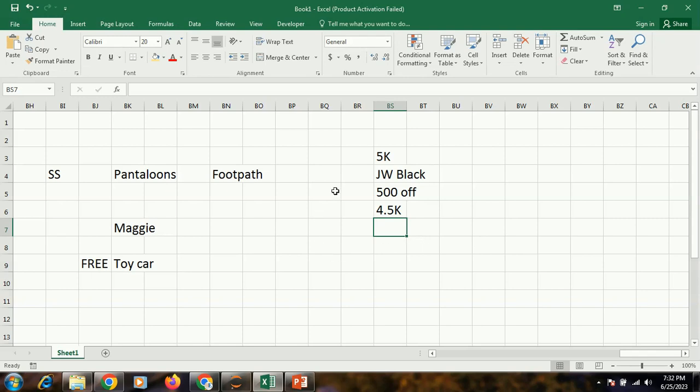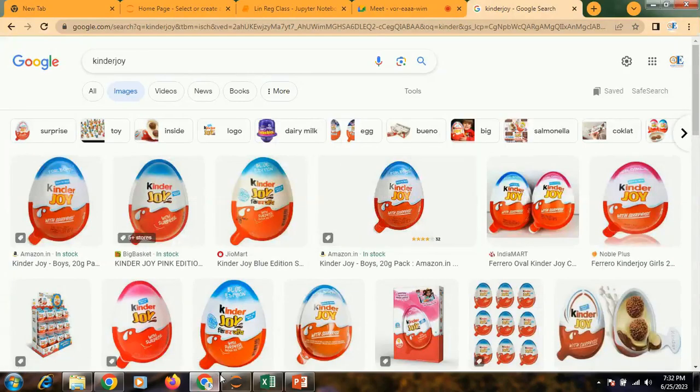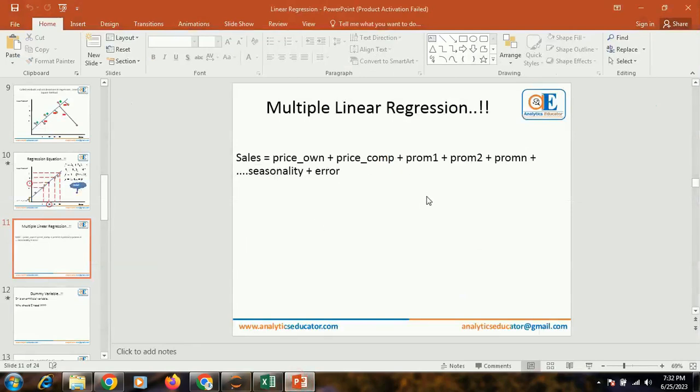So similarly for all these different promotions, we need to figure out which promotions are impacting my sales in the most appropriate, most effective manner. And all these promotions vary from country to country, geography to geography, product to product. The same promotion is not going to be equally effective for all. So all these things we can figure out. All right, clear up to this much?